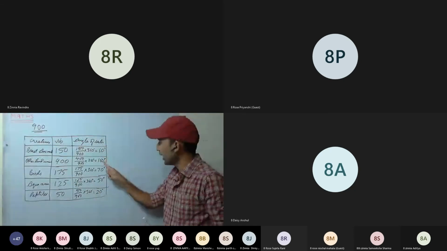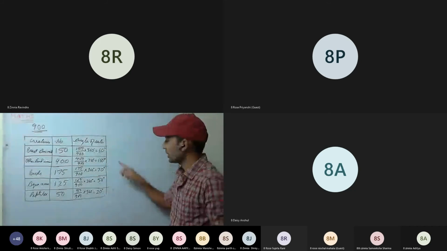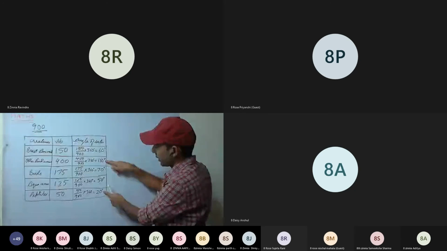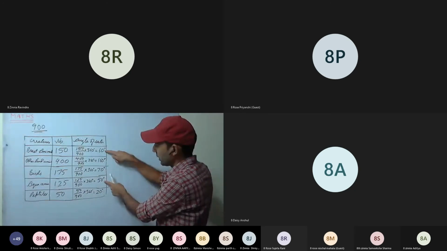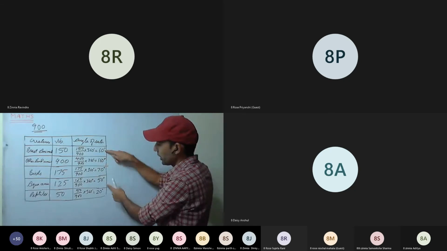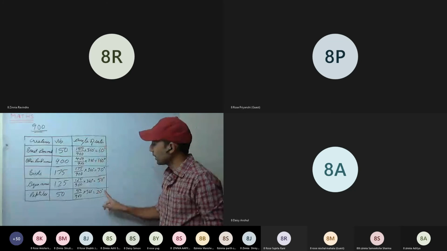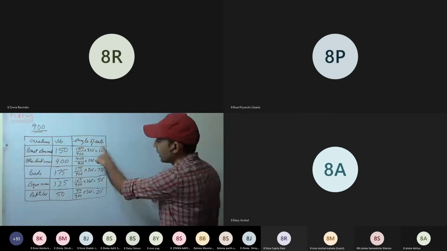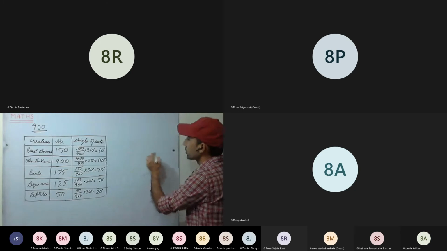Now see here. If we add these angles, it will be total 360. You can see 160 plus 20 degree, 180. Remaining as well 180. 120 plus 50, 180. 180 plus 180. Total 360 degree. That means we have done it correctly. Now we have to represent it on pie chart. So what we'll do? We'll draw a.